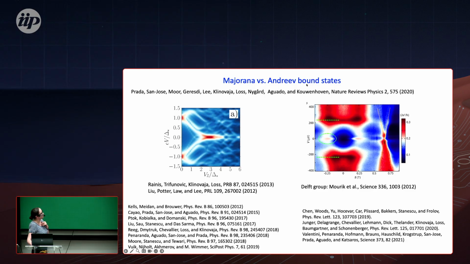On the left, we have the same experiment from 2012 about some zero bias peaks with stability. And there was a lot of excitement in the beginning because it was the first time we could observe that we have some bound states, right? It sits at zero energy, we apply a magnetic field, it does not move, right? So in 2012, it was very exciting. We did not know what it could be. So maybe it's a signature indeed of such topological states.